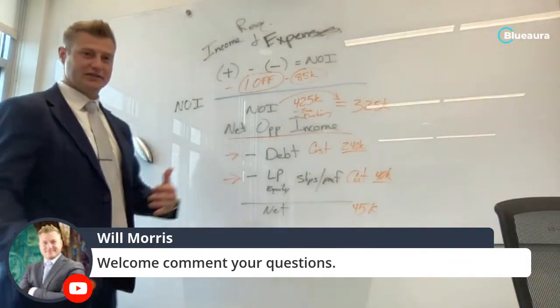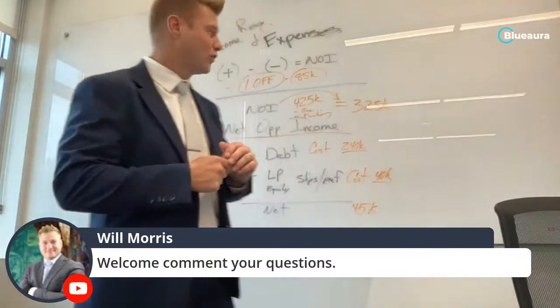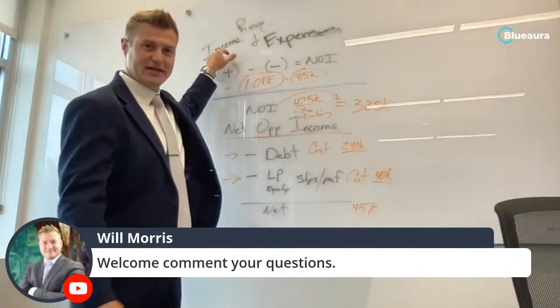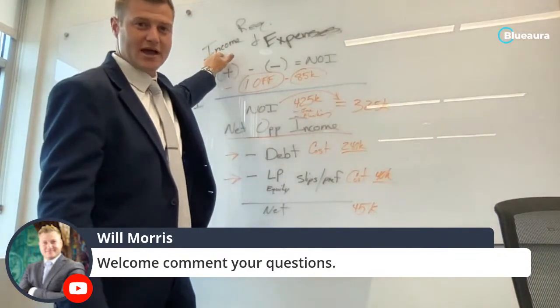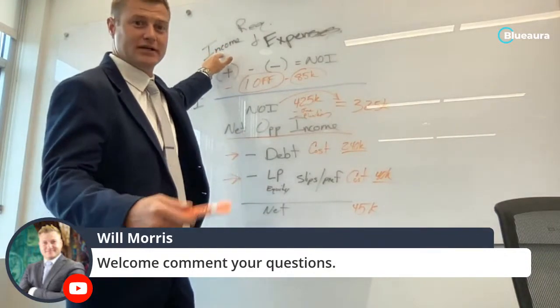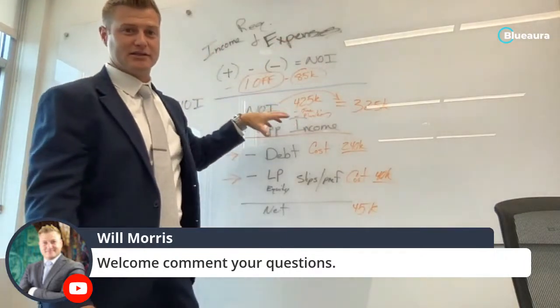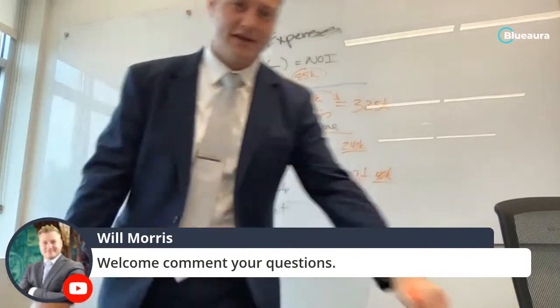So anyway, like I said, I just want to make a quick video. Things to look for. I think I did the title, something like Smell BS. The BS is going to be hidden in income as one-off income, or it's going to be hidden below the NOI as expenses. So anyway, that's the couple places that you can look for.